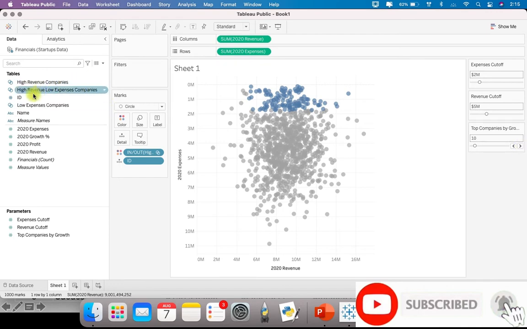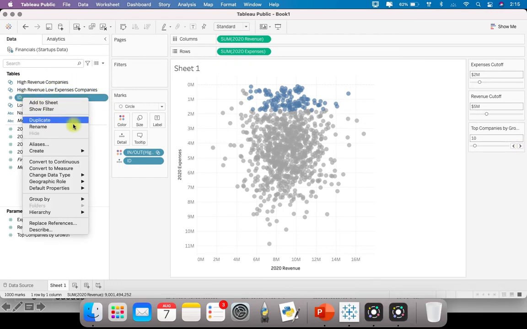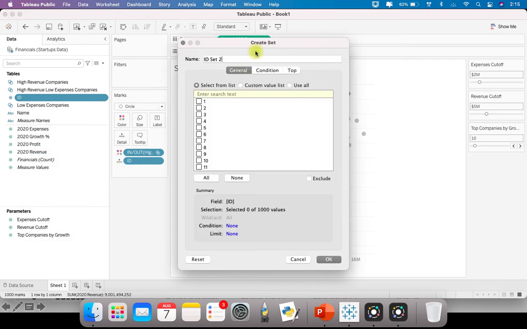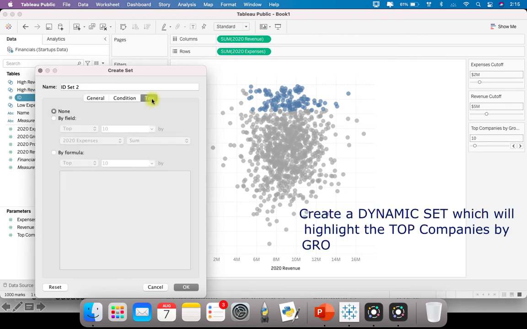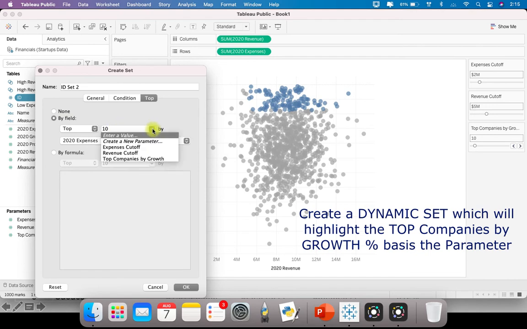And then I'll create a set. So again go to create set, and I want to highlight only top companies. Use all here, and then go to top by field. I want to identify top companies by growth. So whatever value is here, if it is 10 here, it will select top 10.